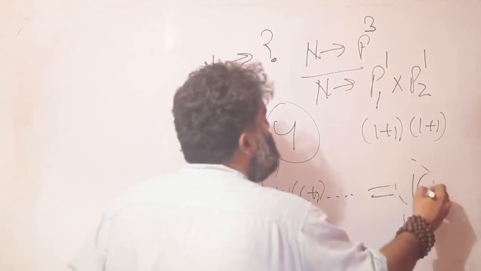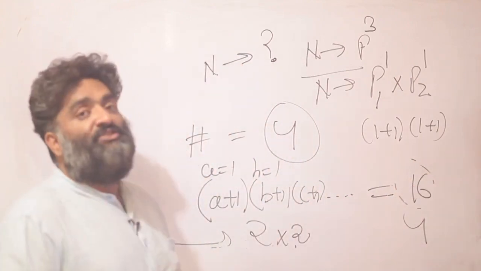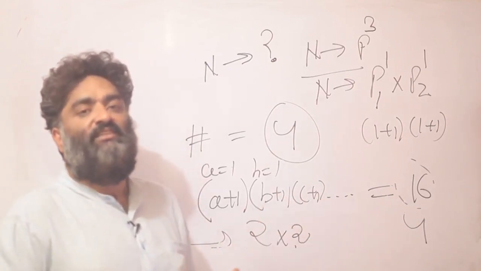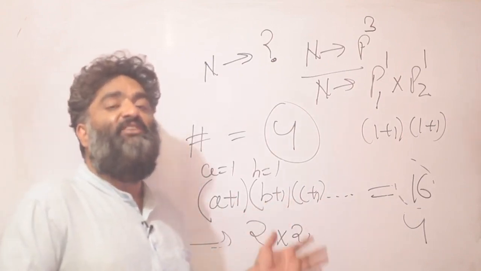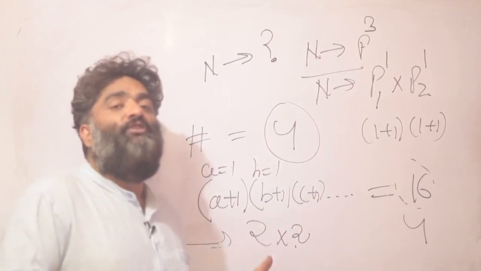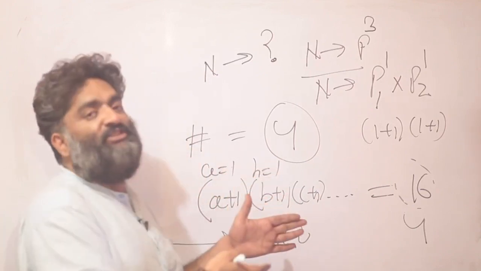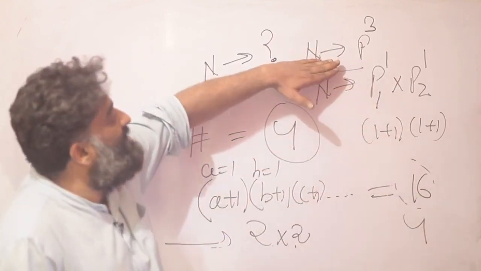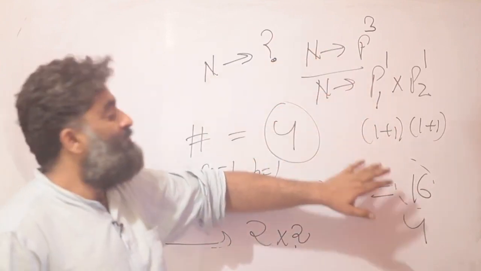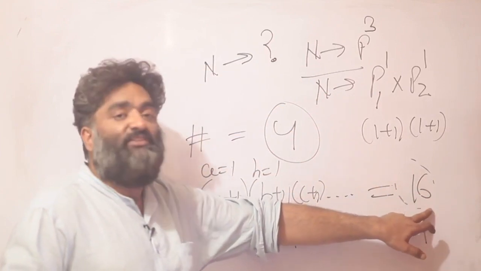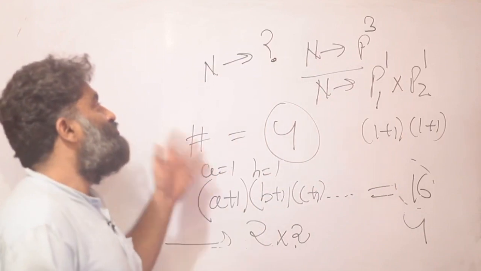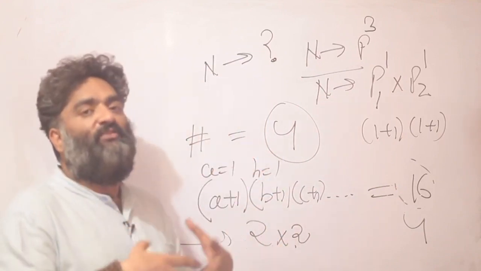But if I change it to 16, the situation would change slightly. Why? Because 16 can be written as 1 into 16. It can also be written as 8 into 2. It can be written as 4 into 4. So you have more situations coming up. So if the number of factors becomes a composite, you will have multiple definitions of the number. But if the number of factors was a prime, you have a shortcut and you get a very simple form of the number, right? So this would be the basic idea of what we are trying to do.